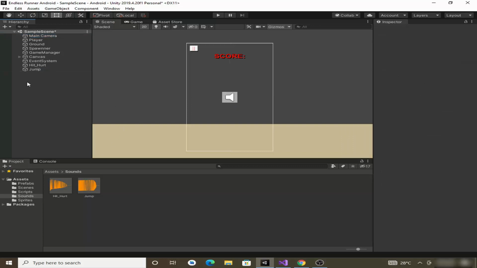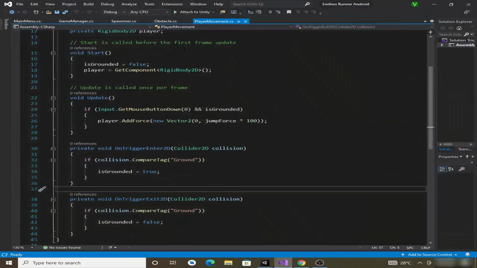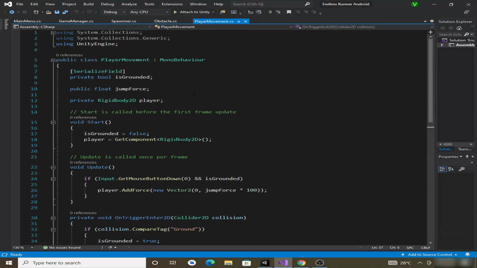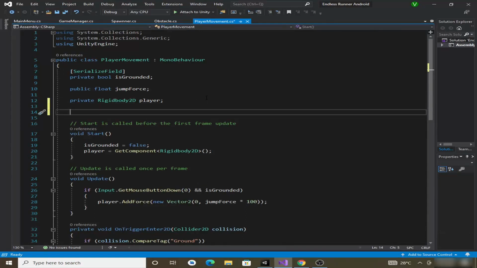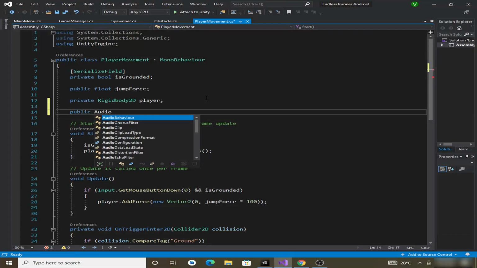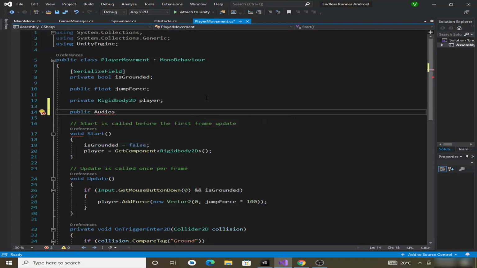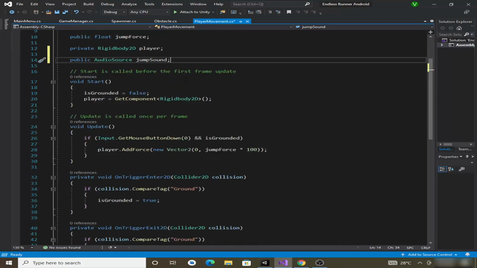Now once we have created these two sounds, two game objects, then we will go to our player movement script and we will reference it. So let's make a public variable. So public audio source, and we will name it as jump sound. Now let's save it,